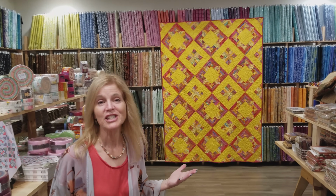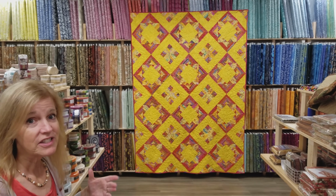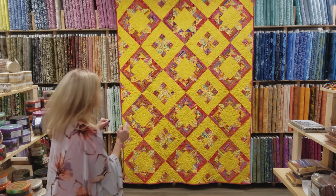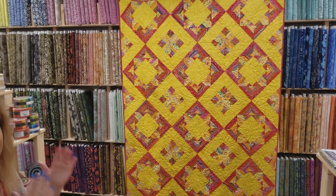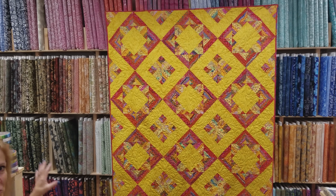I've got the whole quilt done. Really pleased with how it came out. Now we're calling this pattern Diamonds Squared because it looks a lot like we took these squares here out of the diamonds. It's amazing how a simple block, the procedure was very simple, made a very complex looking